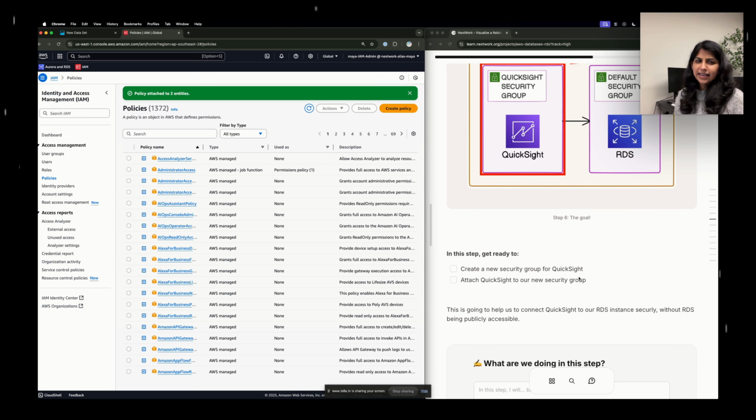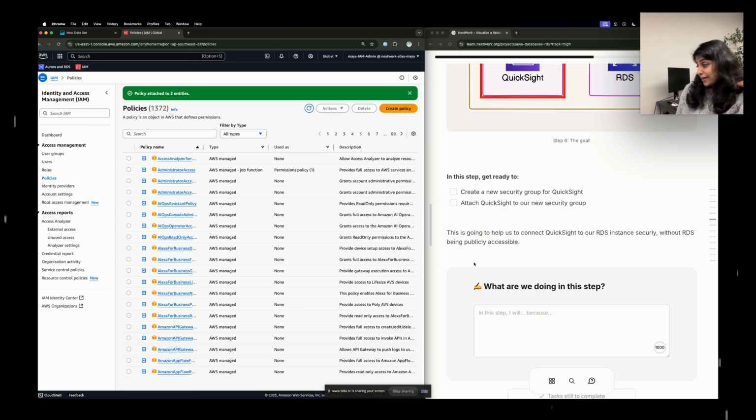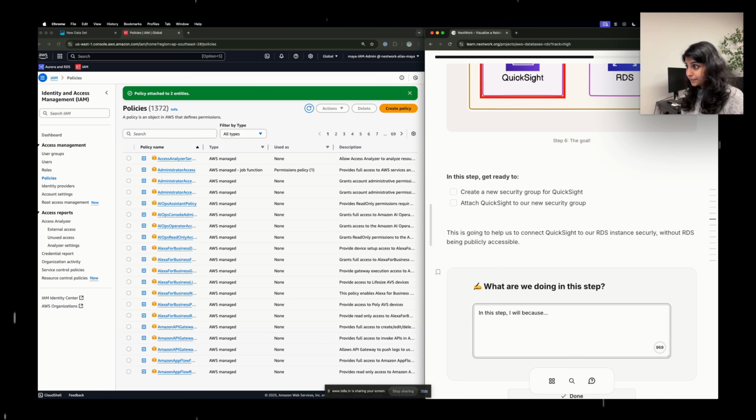QuickSight has the permission to access the RDS. So in this step, we will create a new security group for QuickSight and attach it to the new